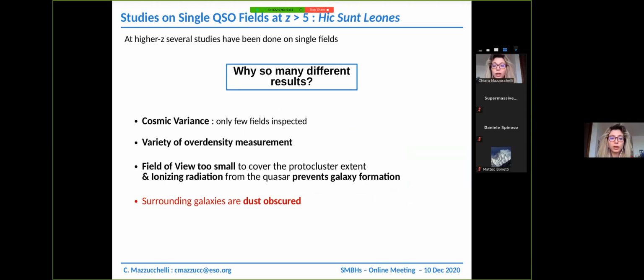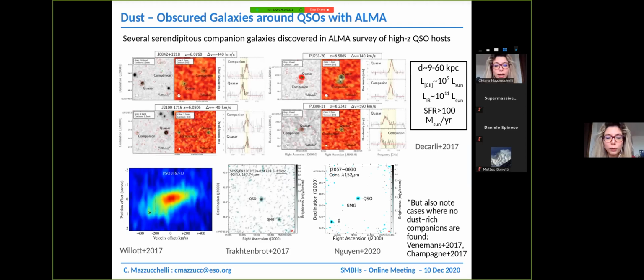One other reason that I would like to spend a few more words on is that these galaxies might be more dust obscured than observable in the rest frame UV. And this is something that has been explored particularly in the last years. As shown by Eduardo before, there has been a boost in the studies of quasars and quasar environments through facilities